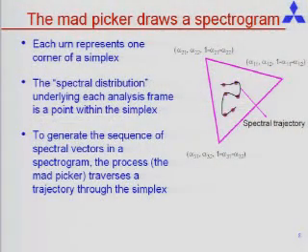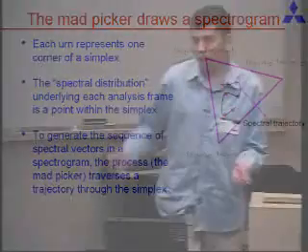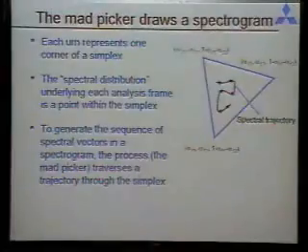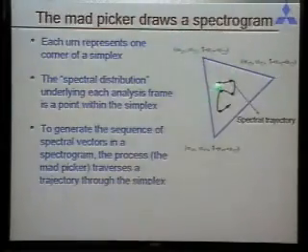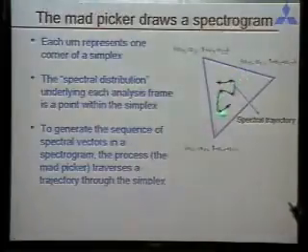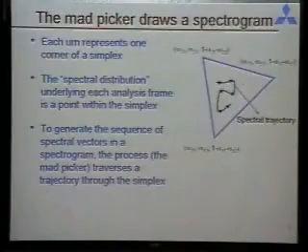So when our Matt Picker draws a spectrogram by drawing numbers from mixtures, from combinations of parts, what he really does is that for each analysis window, he generates one spot from within the simplex, which is completely identified by all the urns that he has, where each corner represents one of the urns. And in generating the entire spectrogram, all he is doing is generating a whole sequence of spots through this simplex.